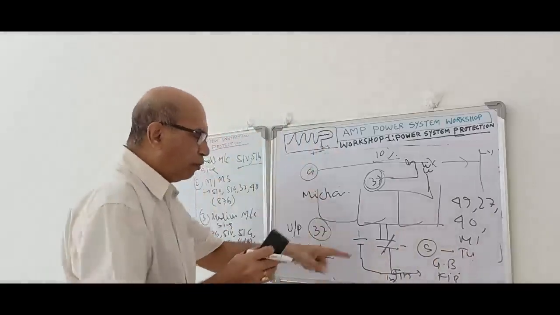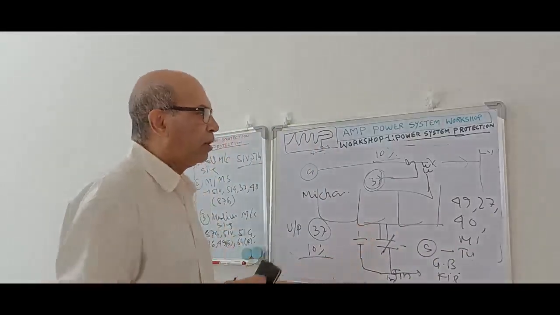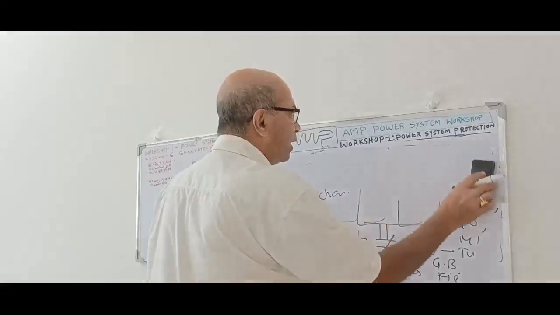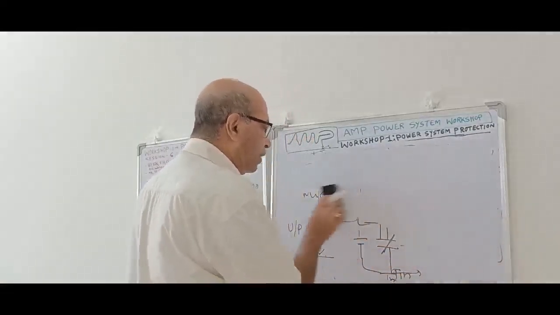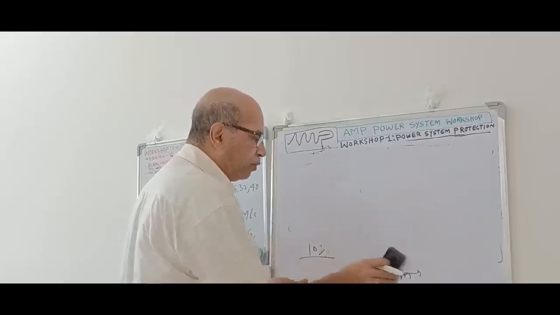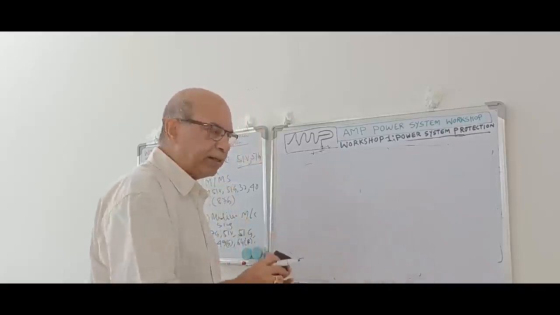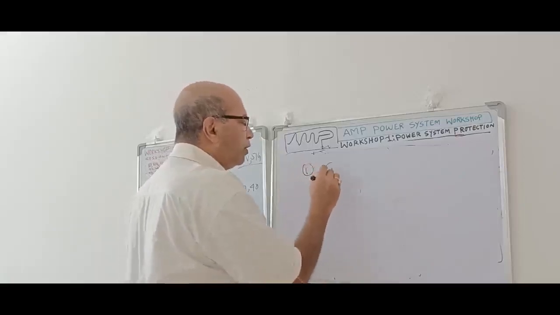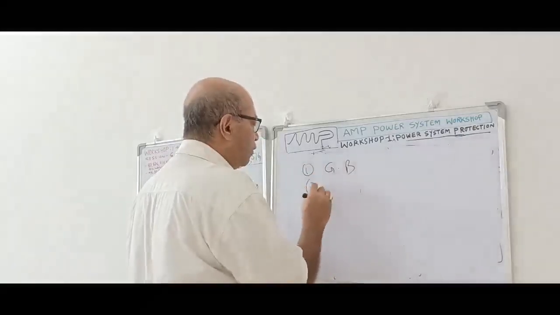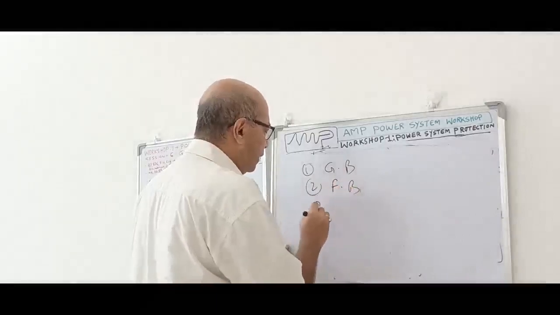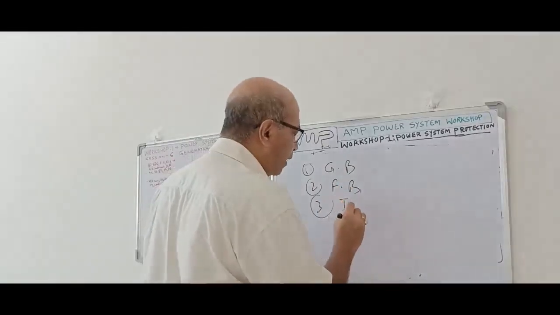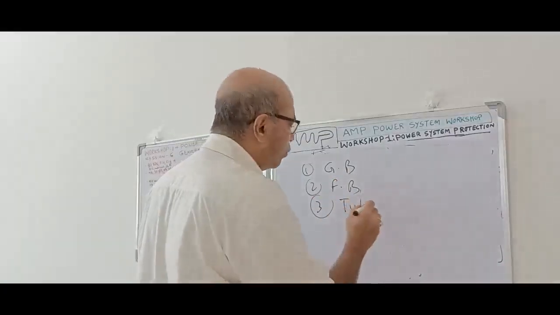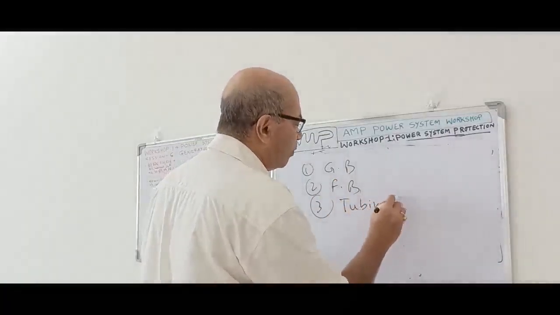So this is called the low forward power interlock. With the low forward power interlock, when it happens, the generator breaker and these three will not trip instantly. It will take some time to trip. Once the power comes less than 10%, immediately a trip command will be issued to the generator breaker, number 2 the field breaker, and third is your turbine. Turbine governor will be off, or the turbine fuel valve to be closed. Okay, turbine fuel valve to be closed.